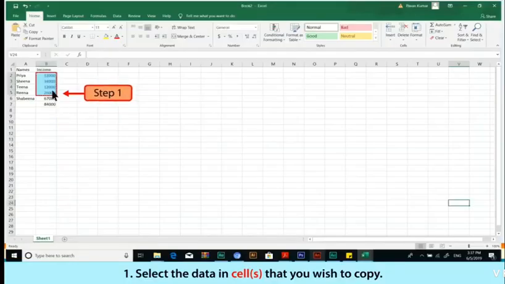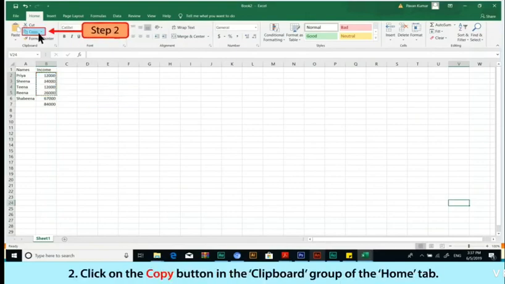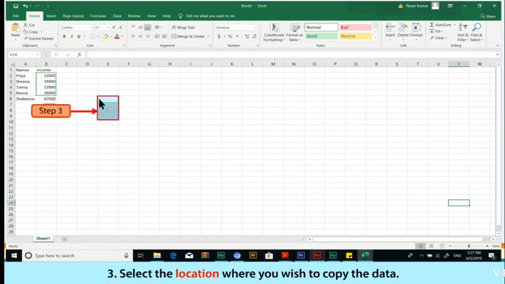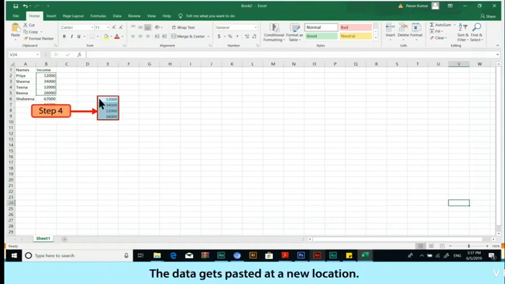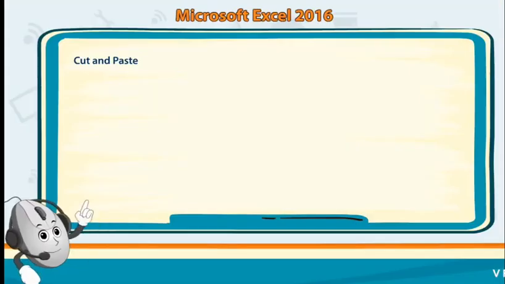तो अगर इसको मुझे कॉपी करना है तो सबसे पहले मैं इसको सेलेक्ट करूंगा, जैसे मैंने अभी कर रखा है इसको. Then I will click on the copy and I will press Ctrl+C. My data will be copied and suppose मुझे यहाँ पे इसको पेस्ट करना है, then I will click on the paste. ठीक है, मैंने इसको सेलेक्ट करके पेस्ट पे क्लिक किया या फिर Ctrl+V, then the copied data will be pasted in another cell on the new location. So that is the use of copy and paste.